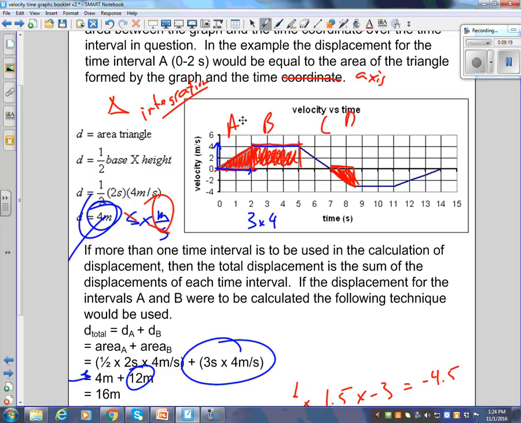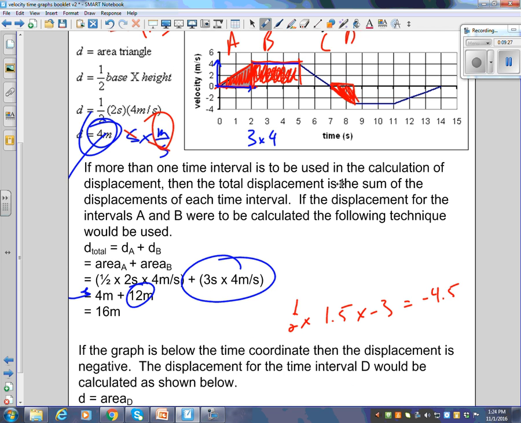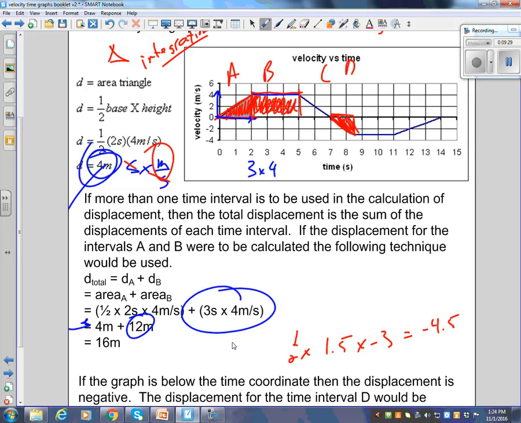So, what's the area for A? 4. What's the area for B? 12. And the area for C is? Minus 2.25. Some people like to just fill in those values right there, if you want. I guess it's there, right? Okay. So I've shown you how to do it. I hope you've been listening, because